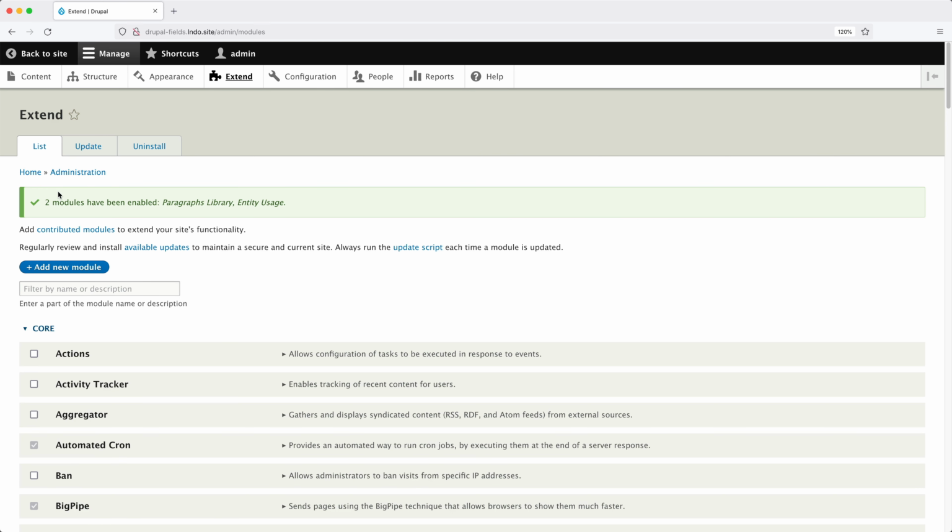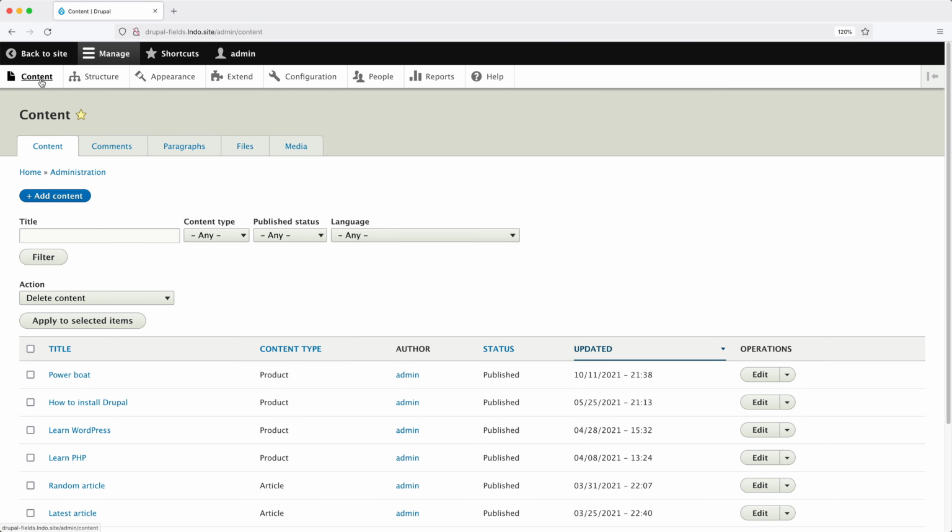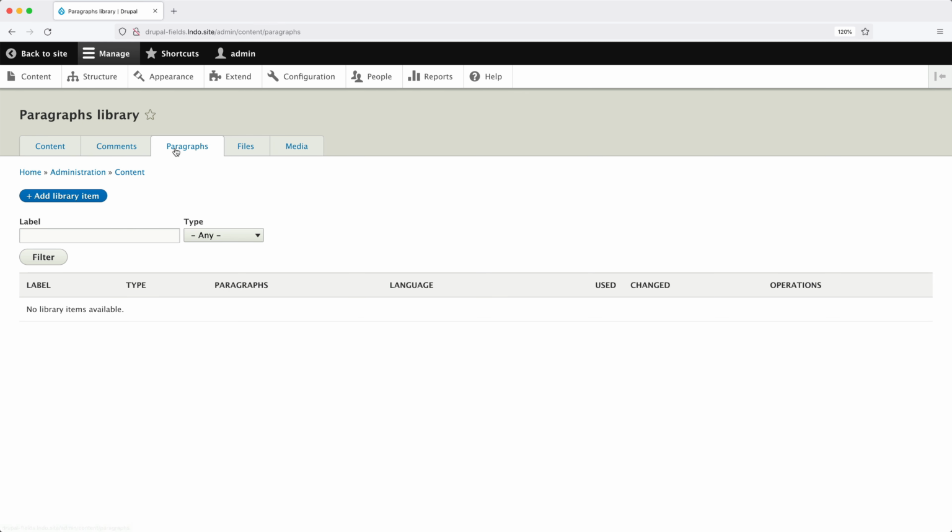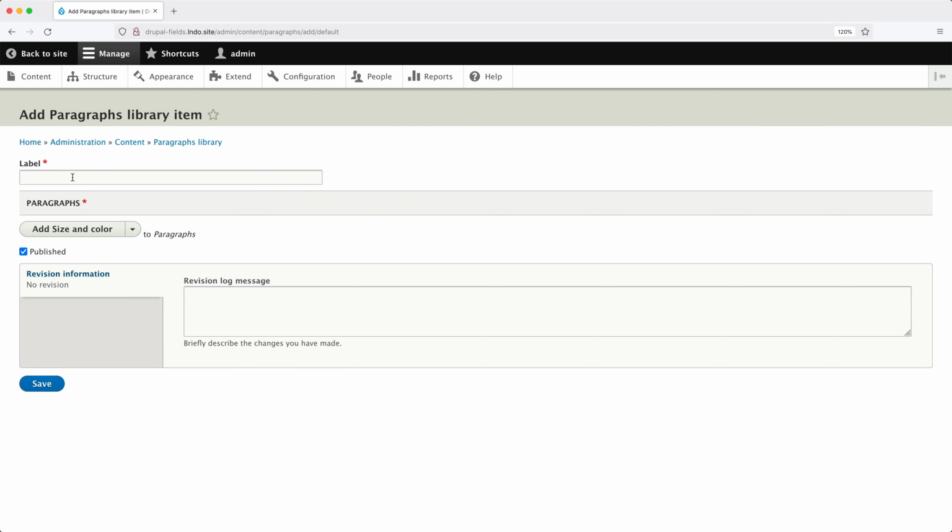Now that the module has been installed, go to Content, and you should see a new tab called Paragraphs. Click on it. And from here, you can manage all of your reusable paragraphs, or as this module calls them, library items. To create a reusable paragraph, click on Add Library Item. Then in Label, enter in the name of the reusable paragraph. For this example, I will enter in